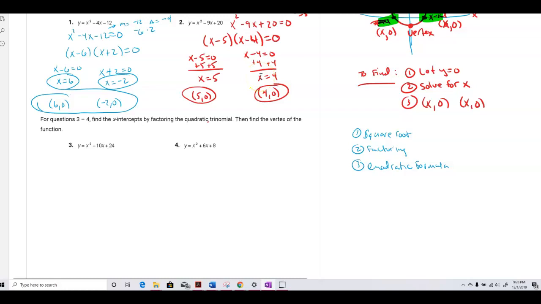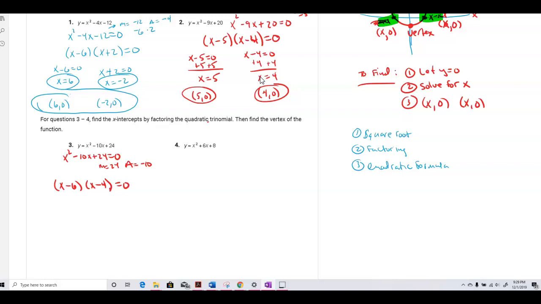So now it says the next one, find the x-intercepts by factoring the quadratic trinomial. Then find the vertex of the function. So first off, we're going to factor this. We're letting y equal 0. So x squared minus 10x plus 24 equals 0. What numbers multiply to give me 24 and add up to negative 10? That would end up being x minus 6 and x minus 4,